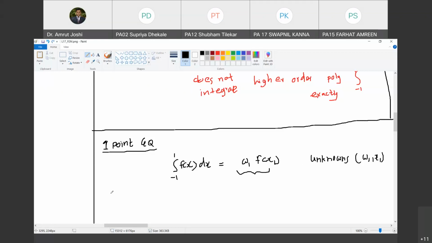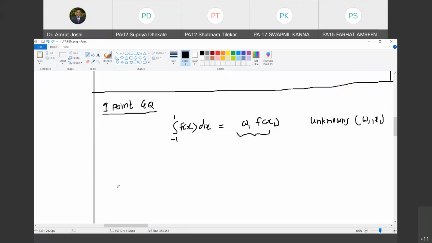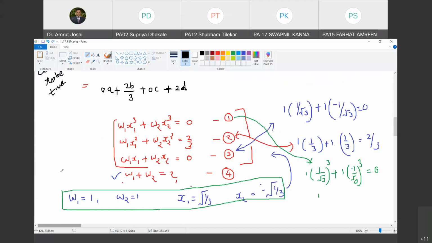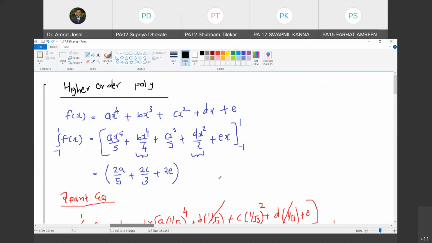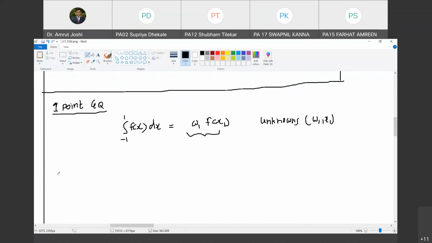What is the order of polynomial with which I should start? Look here, where did I start from? I started with a cubic polynomial, right? Yes, sir. I could address 4 unknowns. If I want to address 2 unknowns, I should start with a quadratic polynomial. What I'm trying to say will be clear in a while. Sorry, I will start with the linear one, so f of x is ax plus b. Are you with me? Yes.